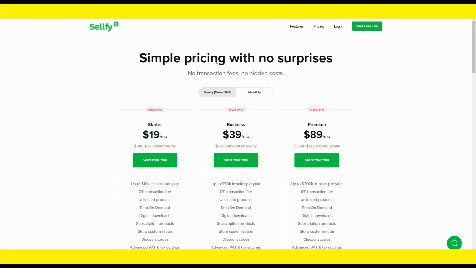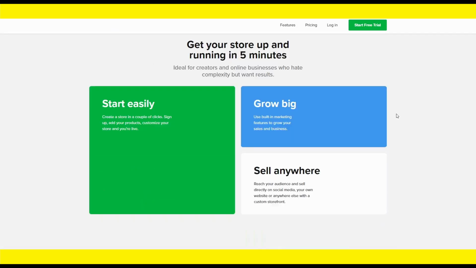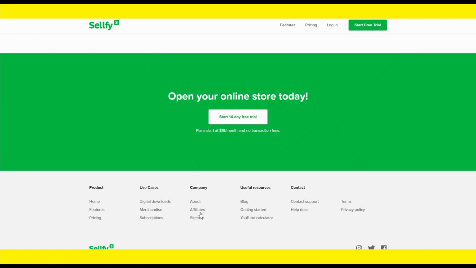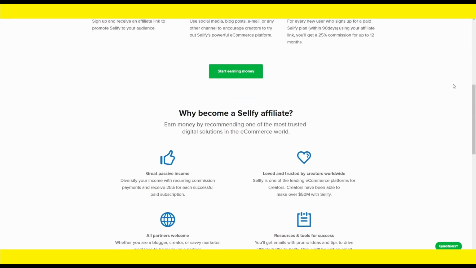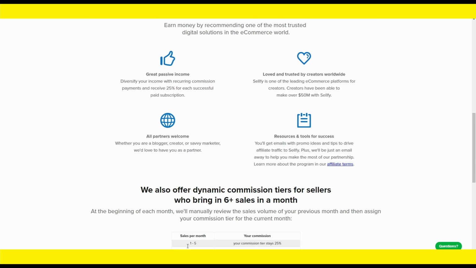You're actually doing a great job if you made it up to this point, because a lot of people didn't. Step 5 is to return to selfie.com and scroll all the way down to the bottom of the website, and then directly under company you can see something called affiliates. So you want to be a Selfie affiliate, and the reason for this is that they will pay you 25% of the creator's subscription, which means that if you refer a person and that person spends $1,000 in a single year, that's $350 from one single person that you have referred. And that's why I told you to check out their pricing plan, because of this.